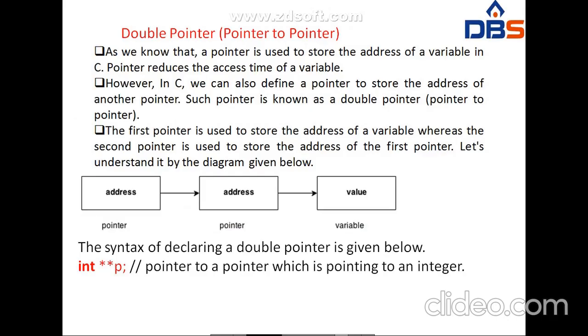So these are the concepts we have covered in this class: what is a structure, how we declare a structure, why we use a structure, and how we access the structure. Also what is a union, what is the structure of a union, and what is the major difference between structures and unions. What are command line arguments, and how we pass them. Also what is a pointer, how we represent a pointer, and the pointer to pointer concept. So all these are covered in this class.